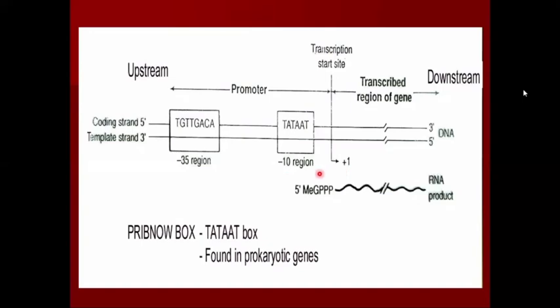And that's the reason why TATA box or Pribnow box is also called the -10 region. Okay, because all nucleotides to the left of the transcription start site are given a negative number. Okay, so the TATA box will tell the RNA polymerase, 10 bases away from me is the transcription start site. Okay,